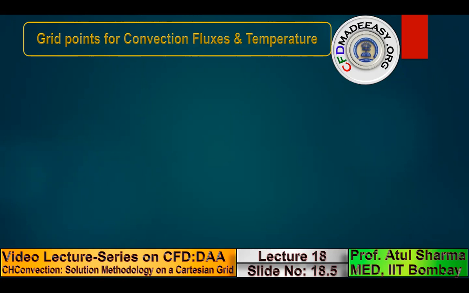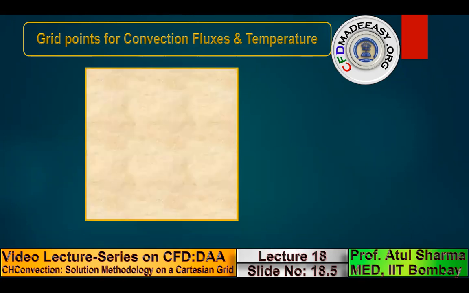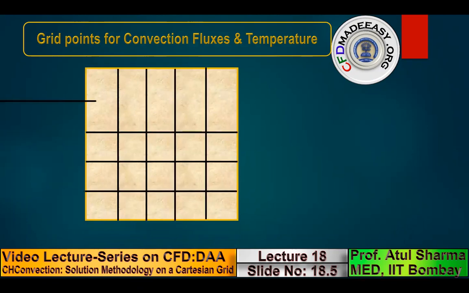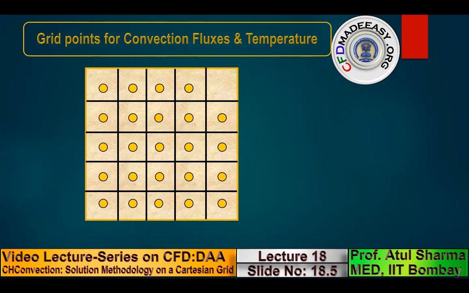So when we talk of grid points for convection flux, the grid point is the same as that presented earlier for conduction fluxes, but that grid point now also acts for the enthalpy flux as shown here. This is the simplest form of grid generation. If you draw equispaced vertical lines and equispaced horizontal lines, the pixels or the grid points are located at the centroid of the control volume in a finite volume method. So these are the internal grid points. However, to apply the boundary conditions, we also need grid points at the boundary of the domain. So these are the grid points at the left boundary, bottom boundary, the right boundary, and top boundary.